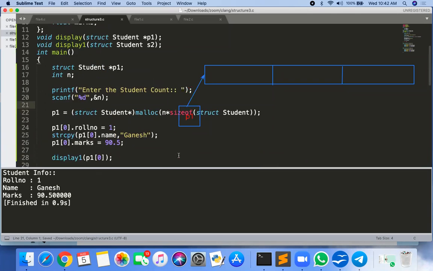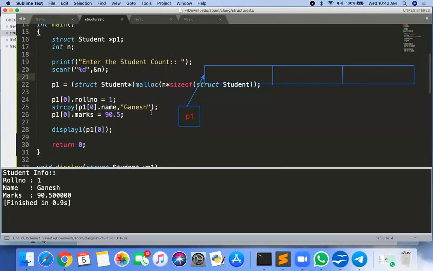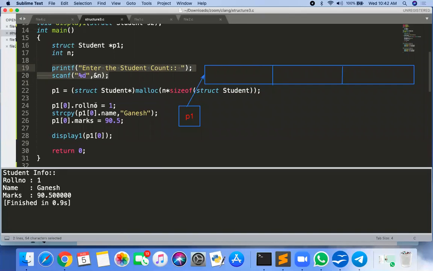So whatever the student count that the user puts there, that many students will be automatically created here. If the user enters one, only one student will be there. If the user enters 10, 10 students will be created. 100, 100 students will be created. Getting? So here there is no memory wastage. Yes? Okay. Getting this point, all of you?